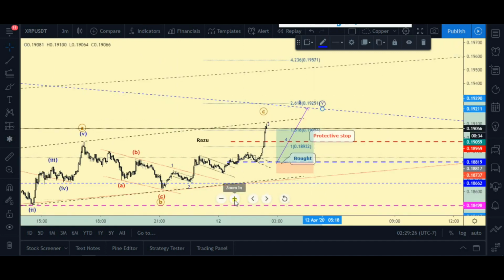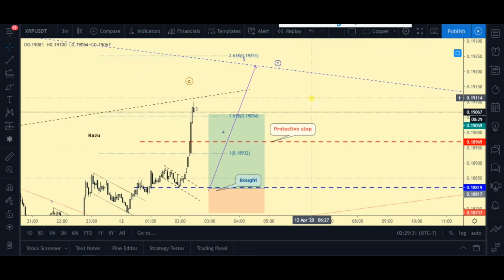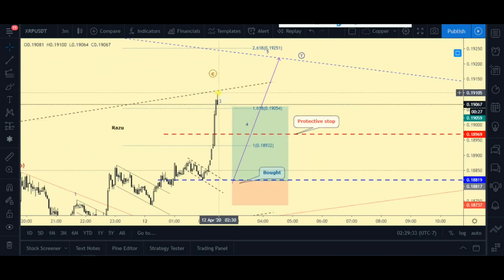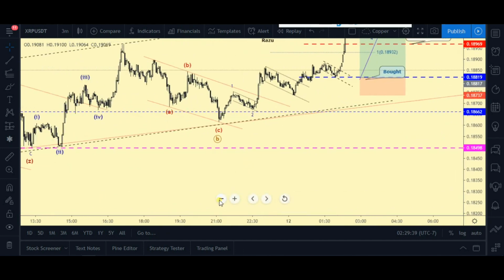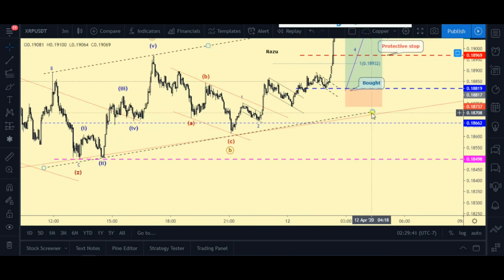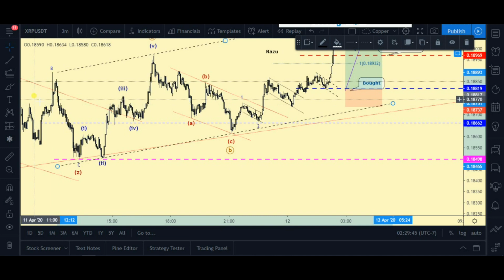So what we can see here is almost it has touched the upper trend line of the channel, but let's see what we can. Okay, so